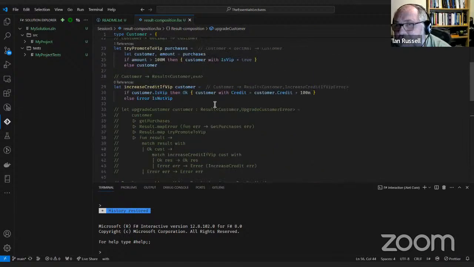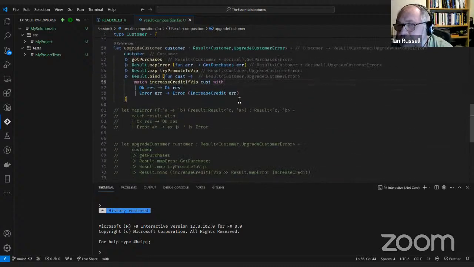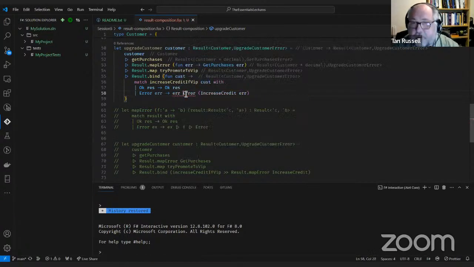So if I actually go and have a look at that, it returns a result of customer and increased credited VIP error. And the function part, the F part, actually would be easier to see if I wrote it in a way similar to this. So that actually goes